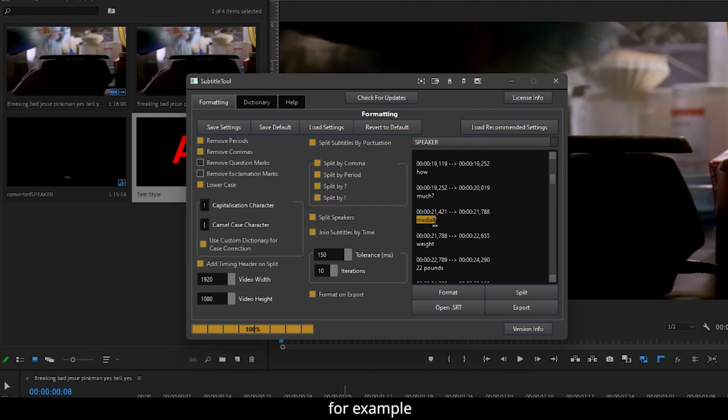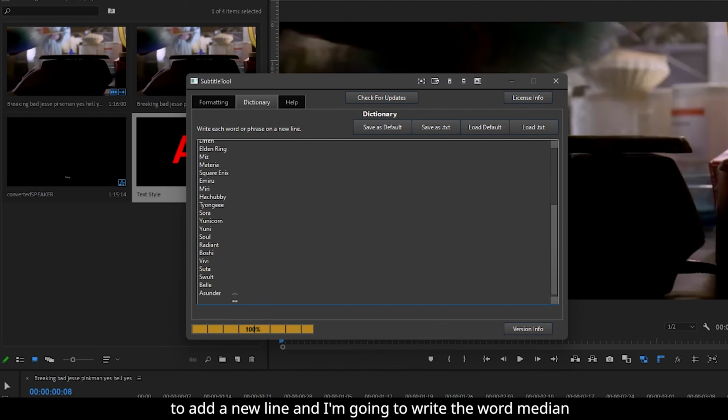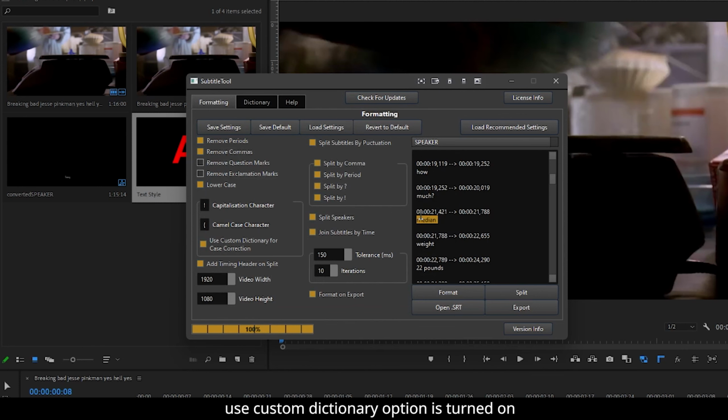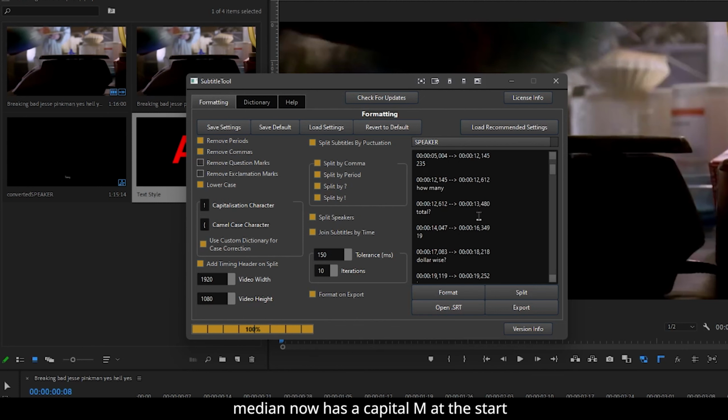Next up, we're going to look at the custom dictionary. Say for example, I wanted to make the word median here have a capital M at the start, even if I have the lowercase option on. Well, you can. Going into the dictionary here, I'm going to add a new line, and write the word median with the correct casing, which is a capital M at the start. I'm going to go back into formatting, make sure the use custom dictionary option is turned on, and format it again. I'm going to scroll down, and you can see the word median now has a capital M at the start,